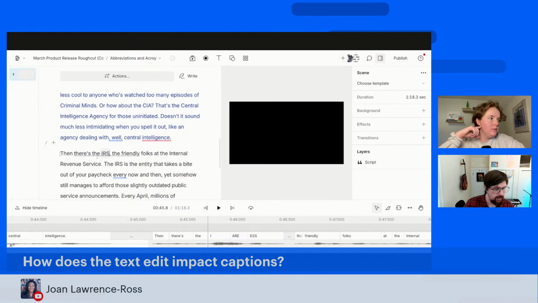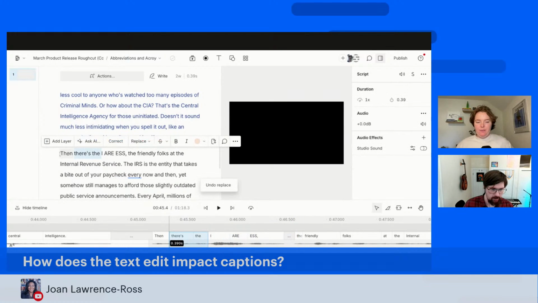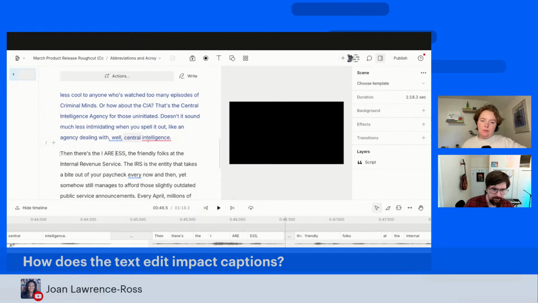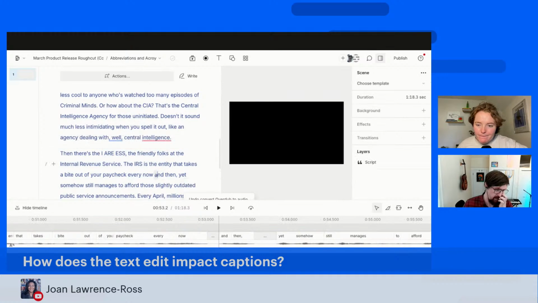You need it to be an audio file so you can do that. But I would only do that when you're very satisfied with the audio quality of your overdub and or text-to-speech generation, at which point you can do the correction. So you'll see that, and we haven't listened to this yet, so I'm curious how this sounds anyway. Then there's the IRS. That was a little closer. I would probably tweak that a couple more times, see how that goes. Then there's the IRS. Yeah. But you can trick it if there's an issue like that. Cool. And I unconverted that just so that we can get back to where we are. Cool.